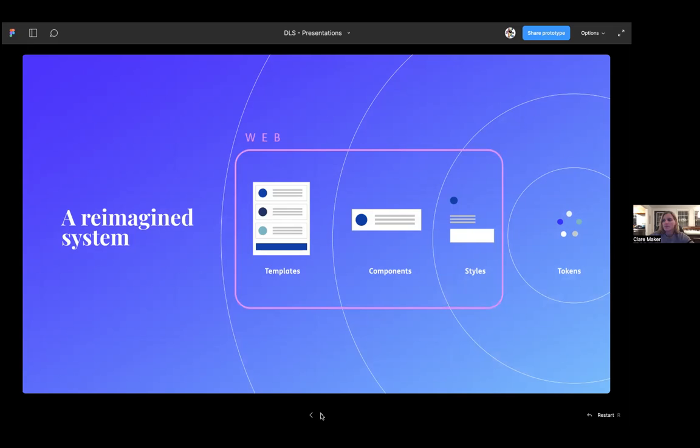So what we learned from our research was that the prevailing system was focused on this higher level of complexity, providing templates, web components, and web styles. And users needed a way to create bespoke designs for unique problems that they were solving. And they also needed to be able to do it on native Android and iOS. So to the far right, you can see this new atomic level of the system called design tokens. And I'm going to tell you all about what they are.